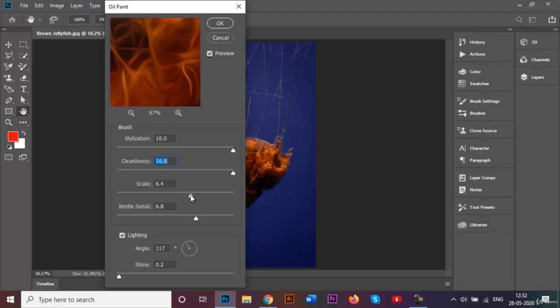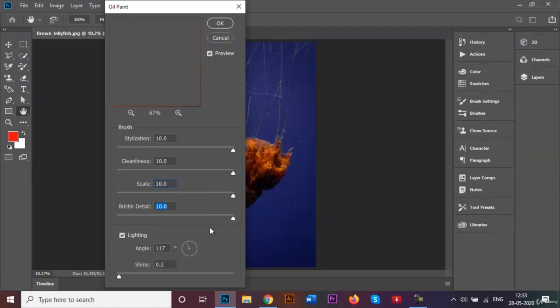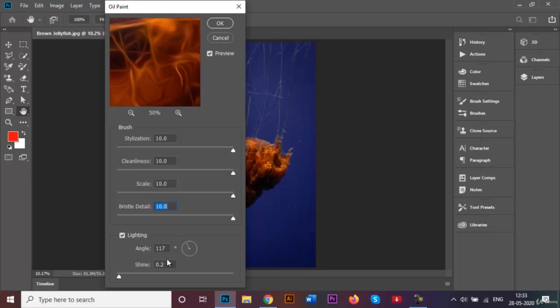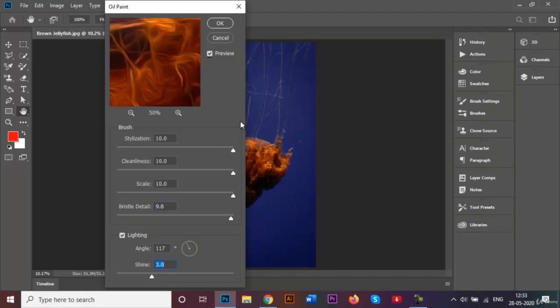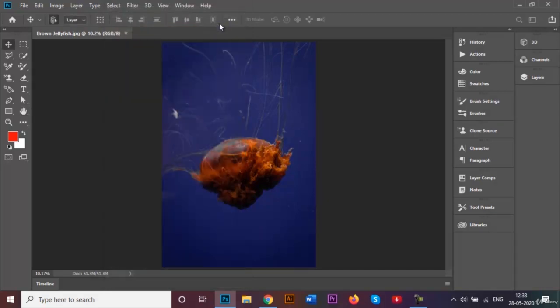and I'm also going to increase the scale size all the way to 10 like this. Probably even the bristle detail, I'm going to bump all the way up to 10. So this is how it's going to look when it's all zoomed in. And of course, you can also play around with the lighting here as well. I'm liking how this effect is happening, so I'm going to go ahead and click OK. It will take a few seconds, but once it happens, you can see this type of effect